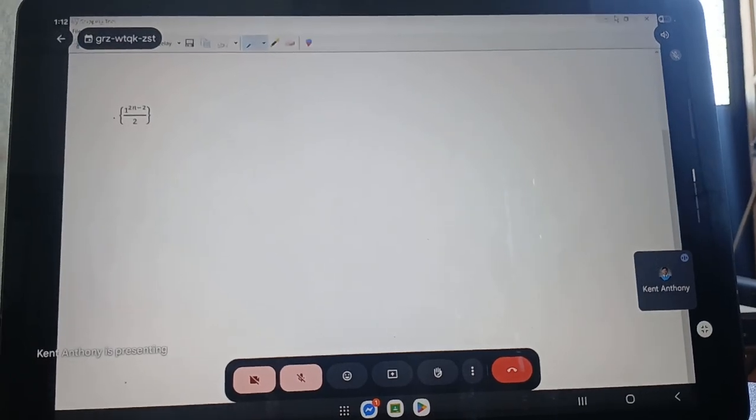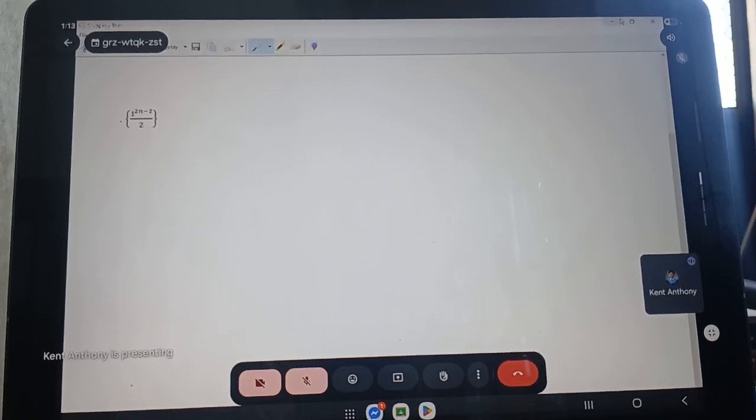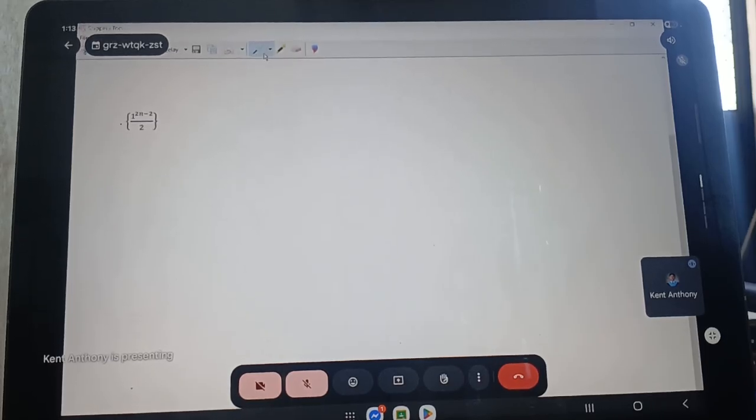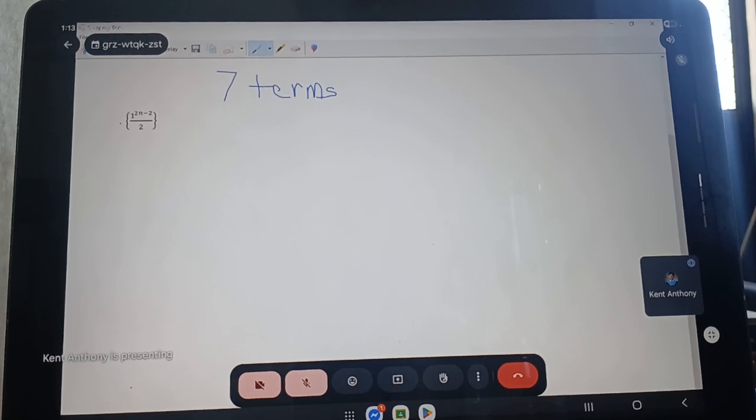Having a new example pertaining to test 1 on the series and sequence. So you are given the generator 1 raised to the exponent of (2n minus 2) all over 2. So same procedure, your instructions will be finding the first 7 terms, and afterwards, you need to find what is the total of this series based on the solution that you have for the 7 terms. For instance, a sub 1